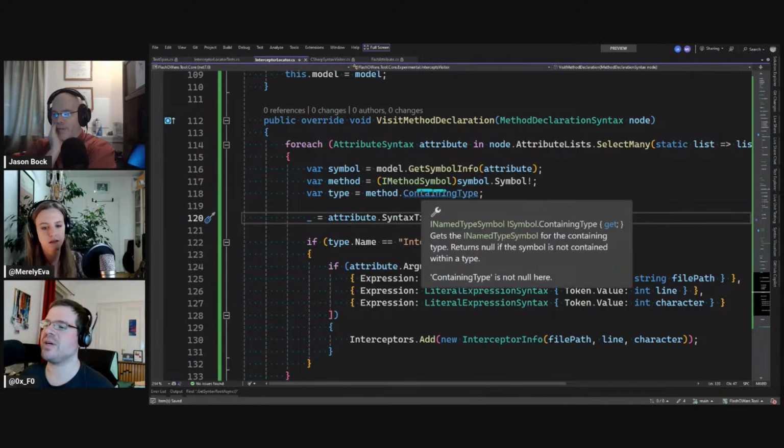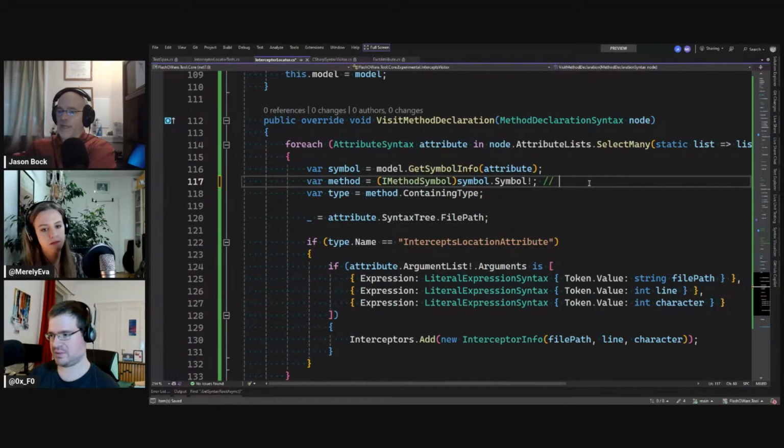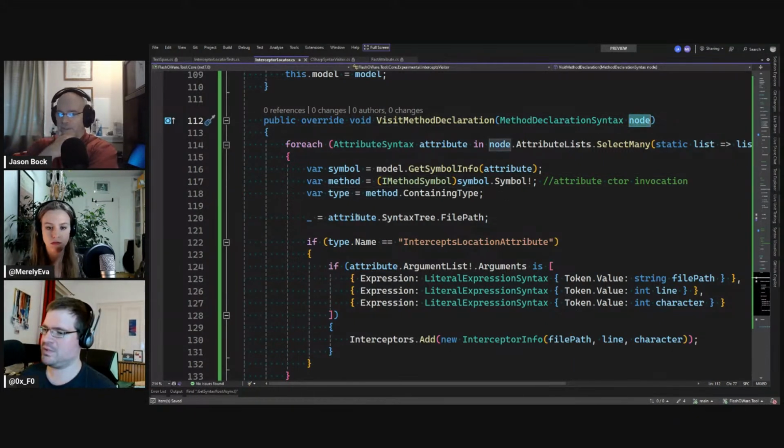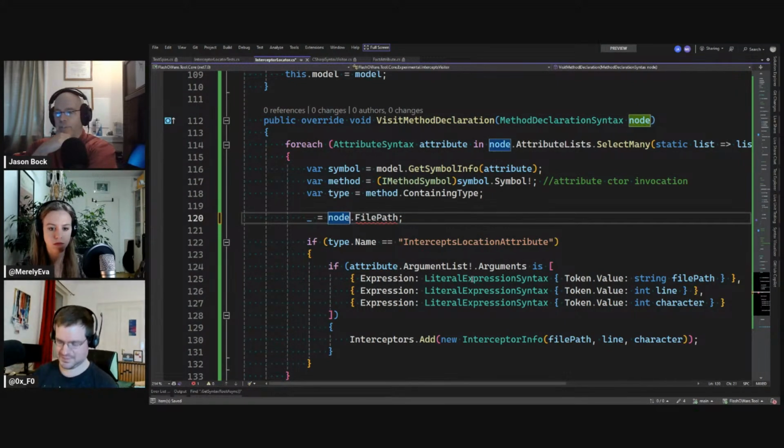Oh yes, that's the constructor. Right. So what you actually want, you already have. The method declaration syntax, the node that's being passed in to visit method declaration, that is the method. You already have it. So you can look up the symbol, get the method,